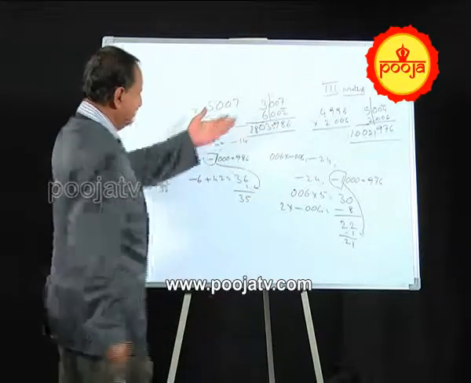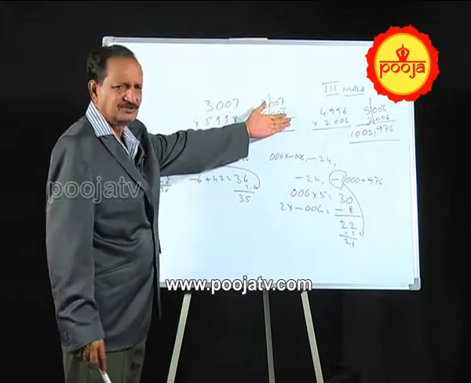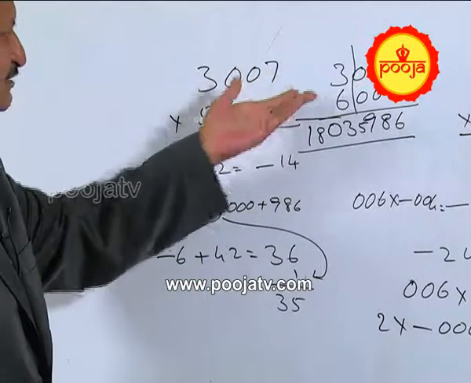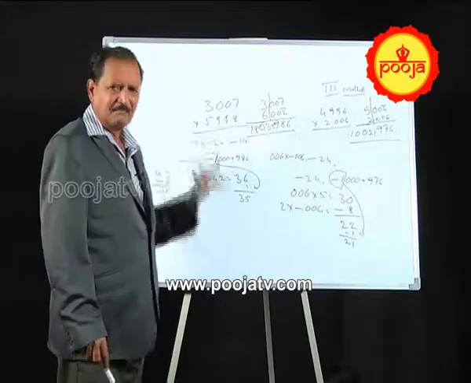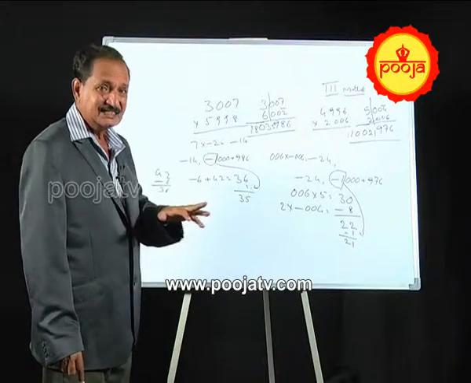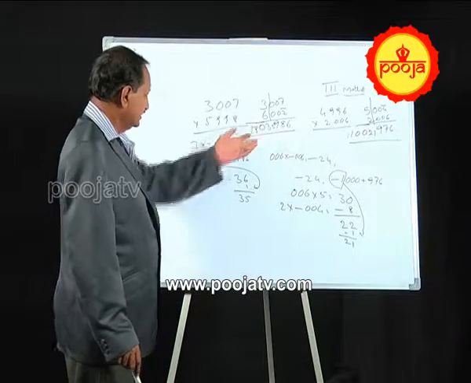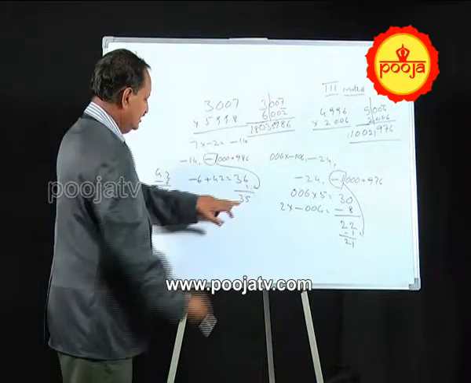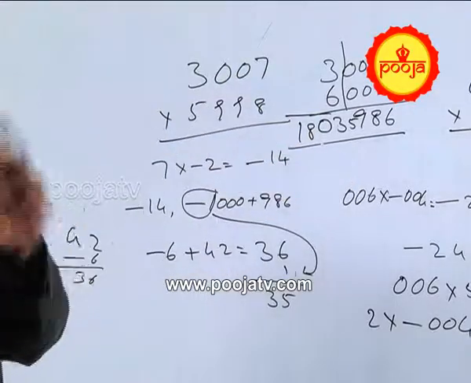Now, cross multiplication. What is this? See, this is second class, third class problem. Cross multiply 3 into minus 2, minus 6. 7 into 6, 42. You want 7th table and 3rd table, that is all. 42 minus 6 is 36. Okay? Write 36. This one you do not forget. Already 1 is outside. 36 minus 1, 35. So, you write it as 035 because always you have to take 3 digits.